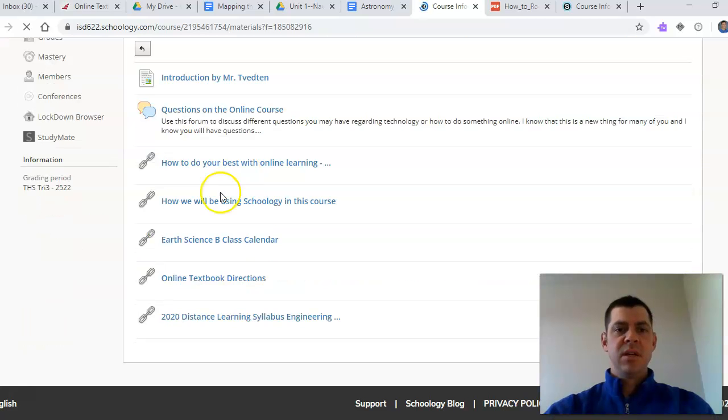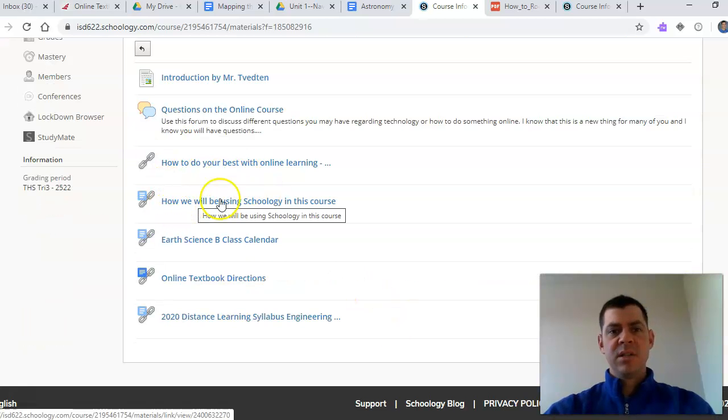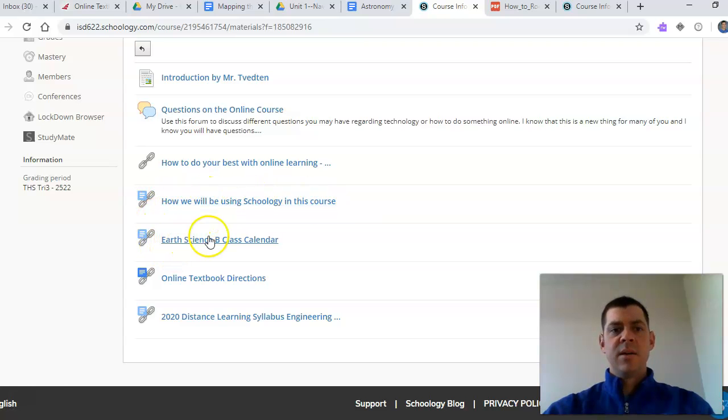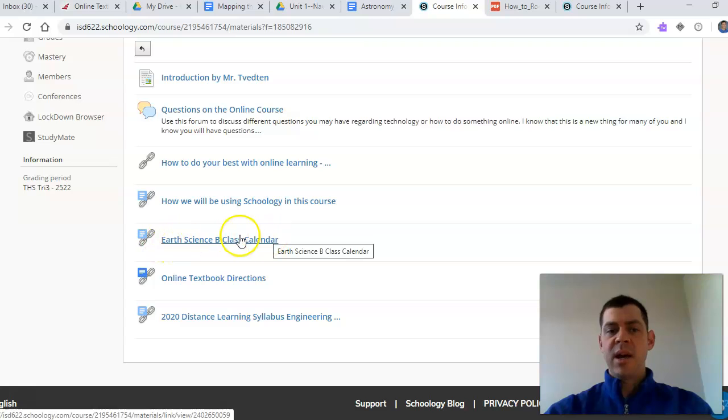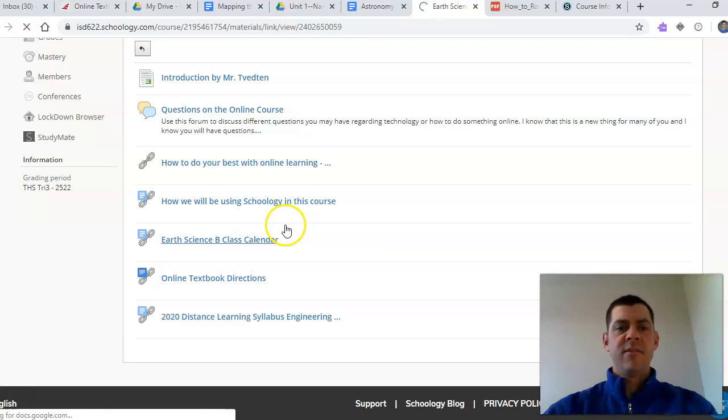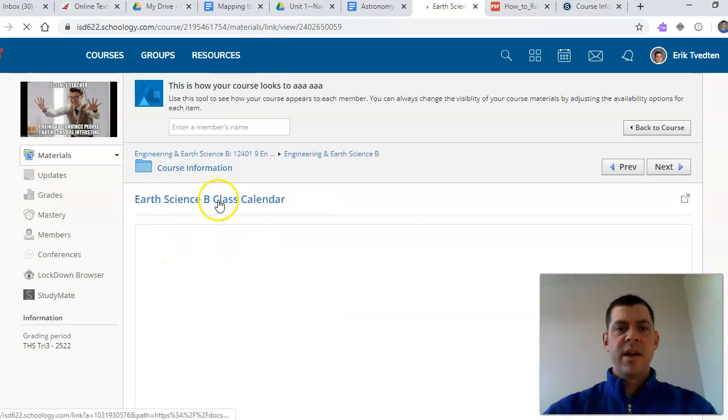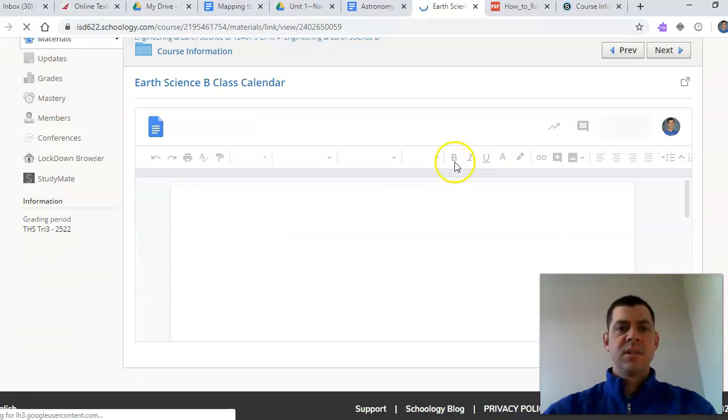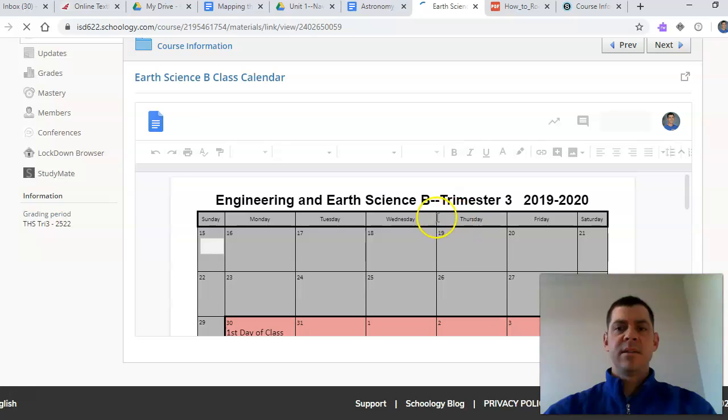you will see down here, this is how we're going to be using Schoology in the course. Read through that link. This is a calendar that we have. It's a very broad calendar. It basically shows the weeks that we have for each unit. So if I click on that link, you can see that we've got